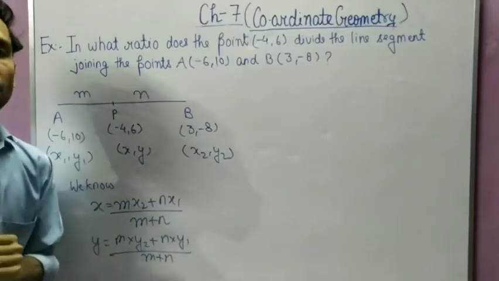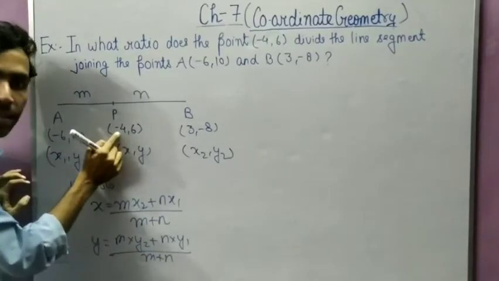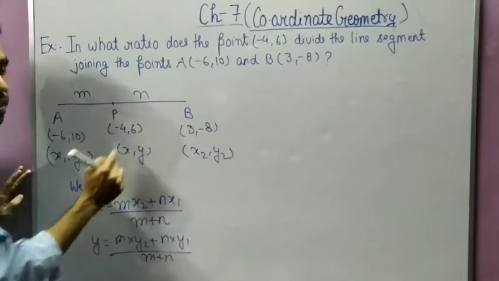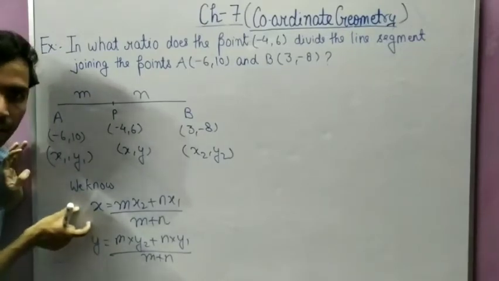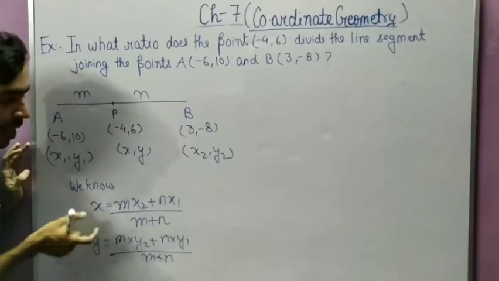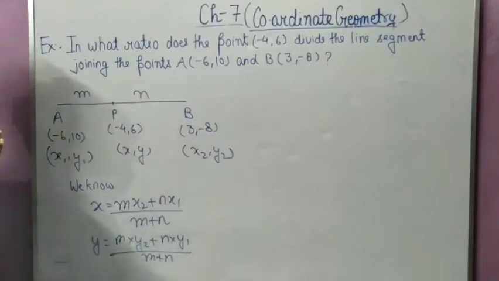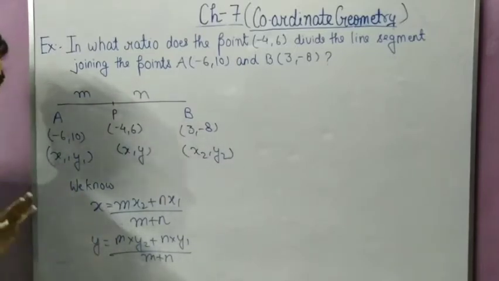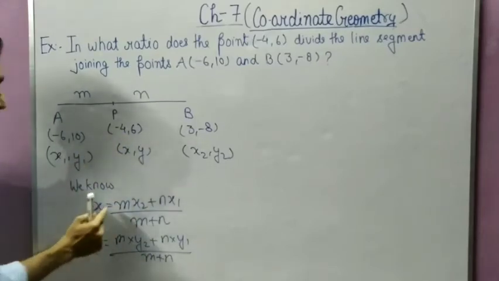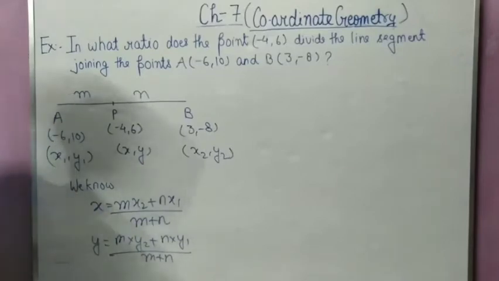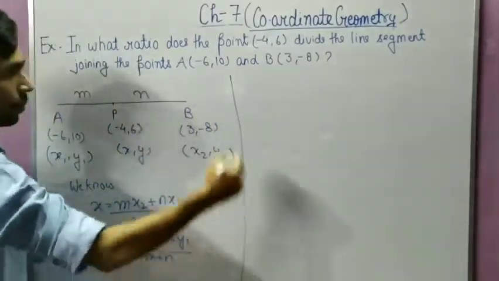These two formulas we can use. For finding the ratio we need m:n. See, the value of x is also given, that is -4, and the value of y is also given, that is 6. So either you can take x or y. When you take x, you can calculate m:n, and if you take y, then you can also calculate m:n. The meaning of the question is that out of x and y you can take any one, because the values of both are given, and in both x and y, m and n are coming. So we can take either x or y. I am using x.